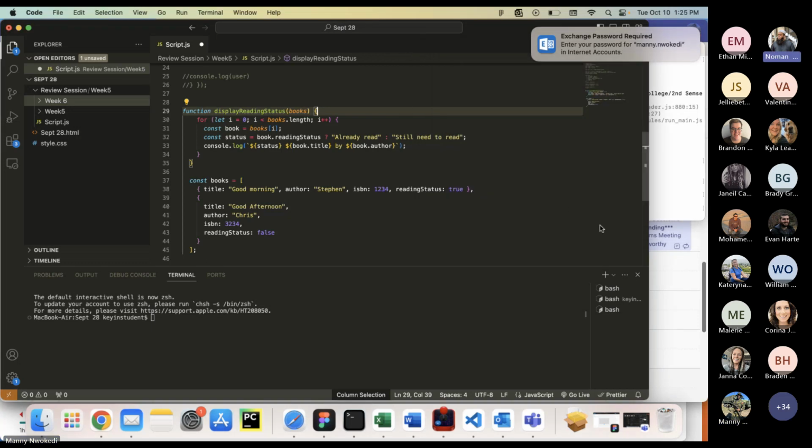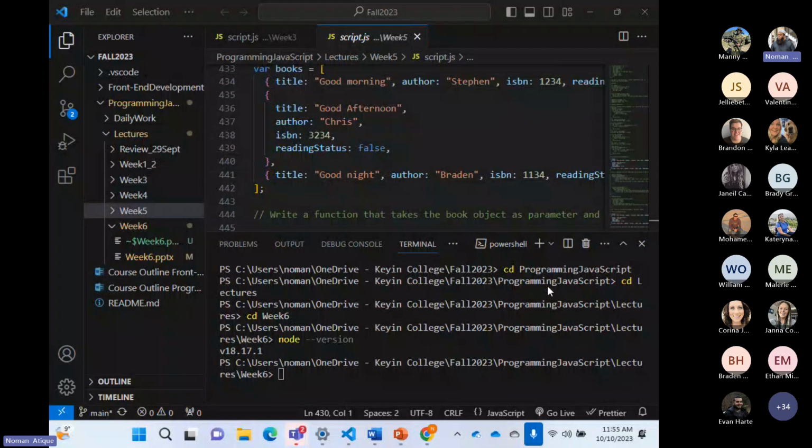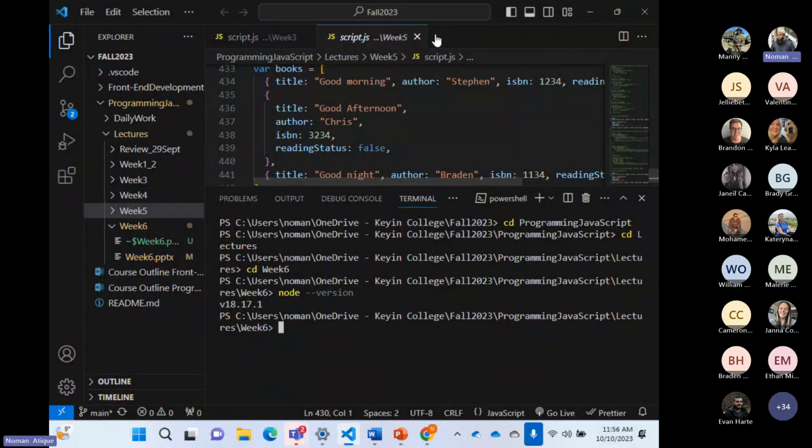Okay, wonderful. Now I'm sharing my screen. Okay, that's good. So Manny shared the screen because there was some problem. Alan says Alan has the same version. Wonderful. So we are ready to go. Manny, I think you forgot to mute yourself. Can you mute? I think by mistake. Oh, sorry about that. Okay, not a problem.